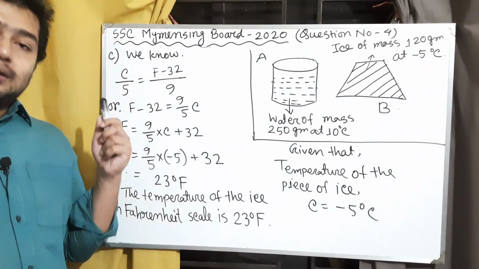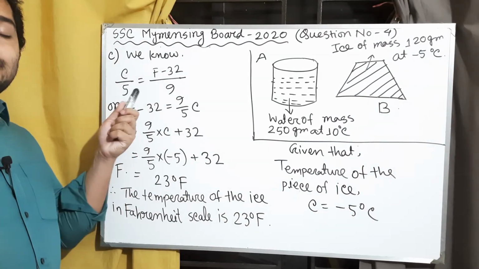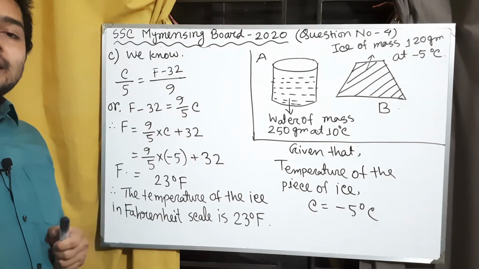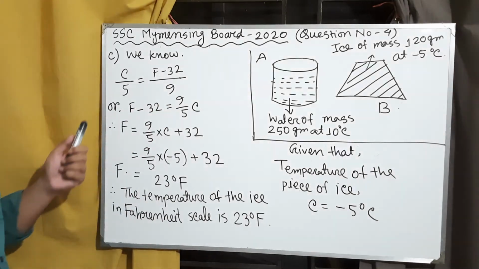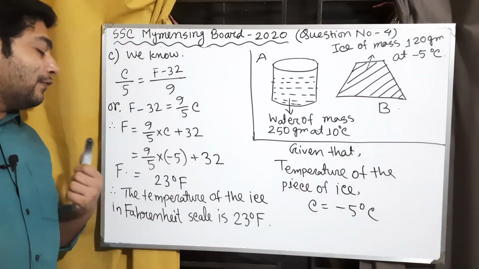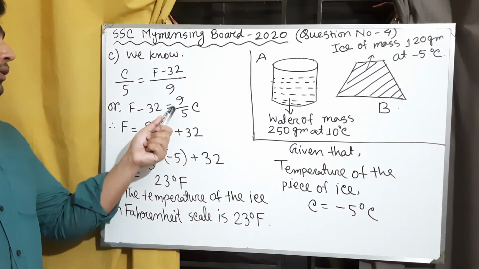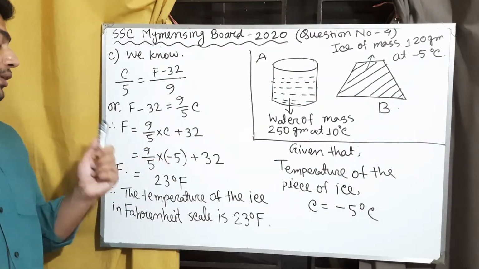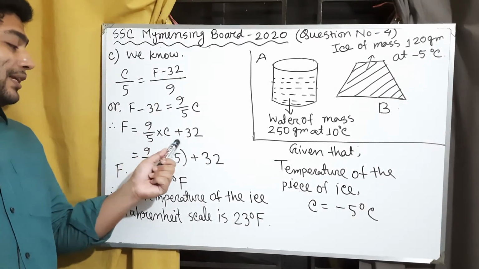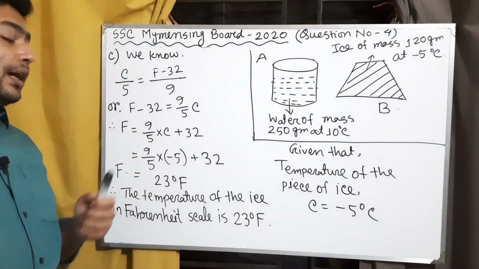the Celsius scale and Fahrenheit scale is C by 5 equal to (F minus 32) divided by 9. Okay, so we need the value of F. So F minus 32 equal to 9 by 5 into C. Therefore F equal to 9 by 5 into C plus 32. Putting the value of this